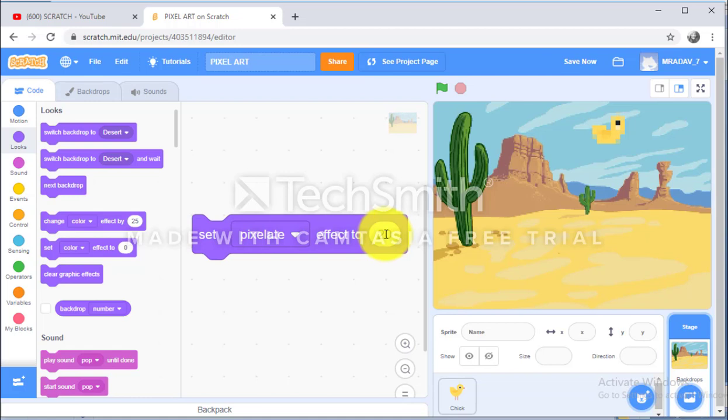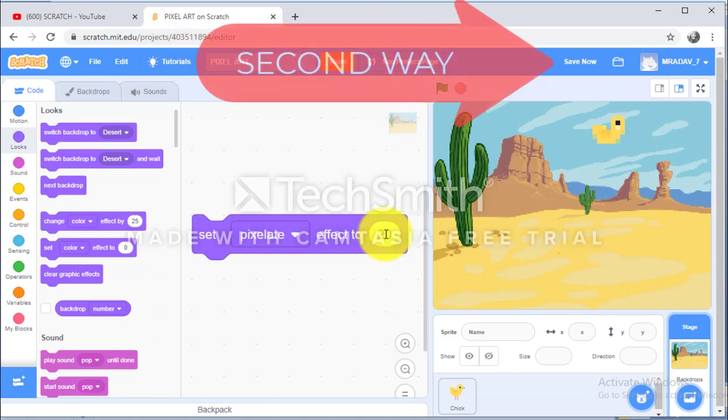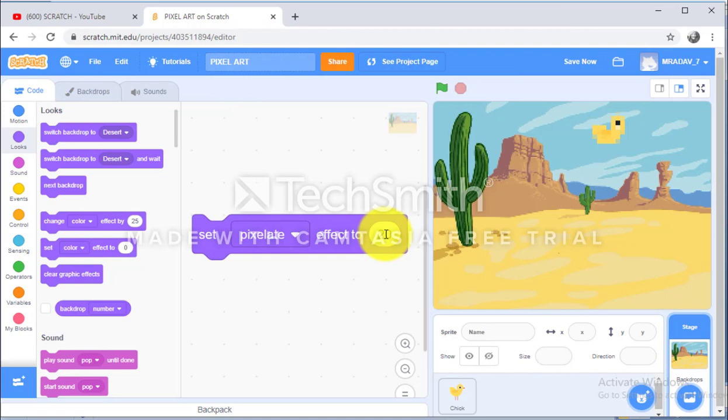So here we can see that every image consists of pixels. Now there is another way to make our sprite blockier.